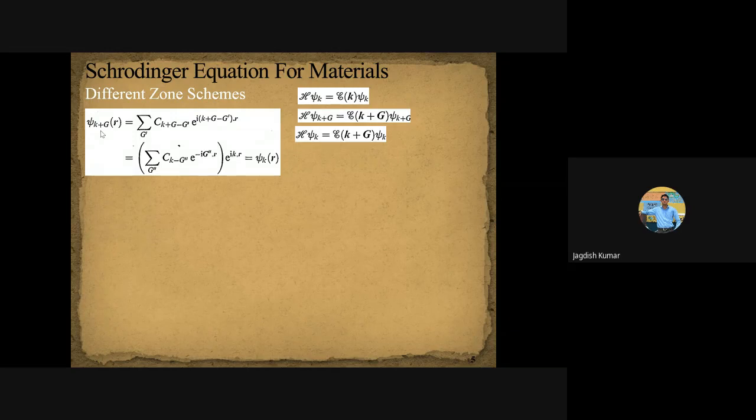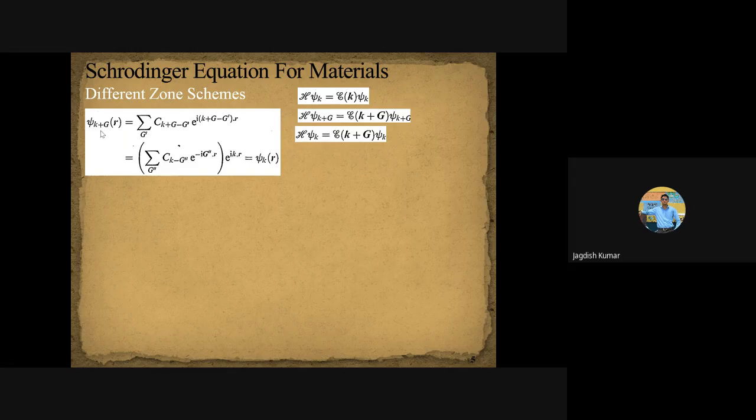So for example, if there is a gap in the E versus K relation around the Fermi level, then the material will be called a semiconductor. So you can talk about the nature of the material based upon what kind of E versus K relation it exhibits. Similarly, from the E versus K relation, we can talk about conductivity. If the E versus K relation is such that the Fermi level lies somewhere in between a particular band, then we will say the material is a metal.